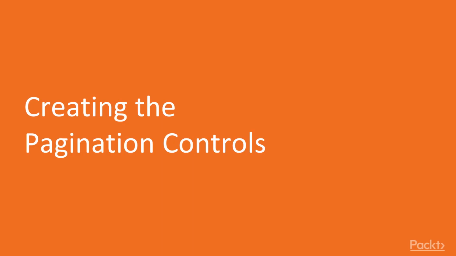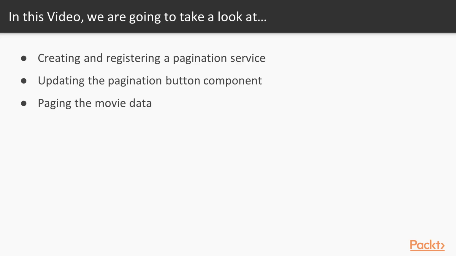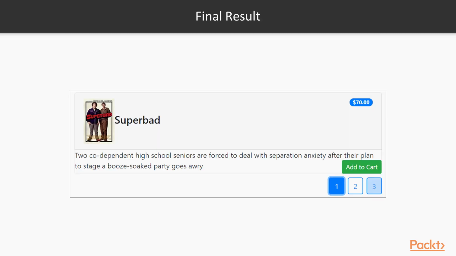Hi everyone. In this video, we are going to be creating the paging controls. That's going to involve creating and registering a paging service, updating the paging button component, and then adding code to be able to page the movie data. When we're done, we'll have controls like you see here at the bottom right-hand corner, where you can navigate from